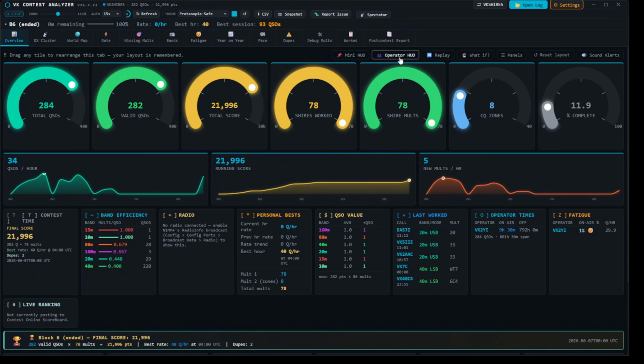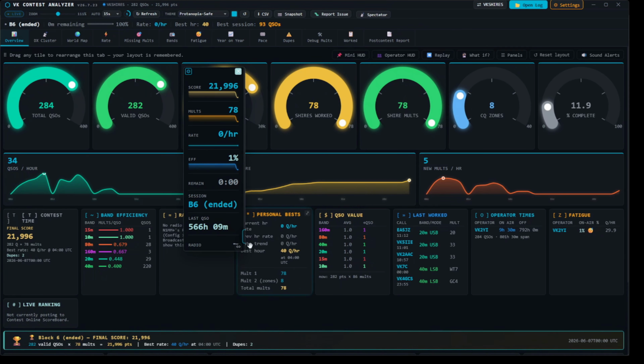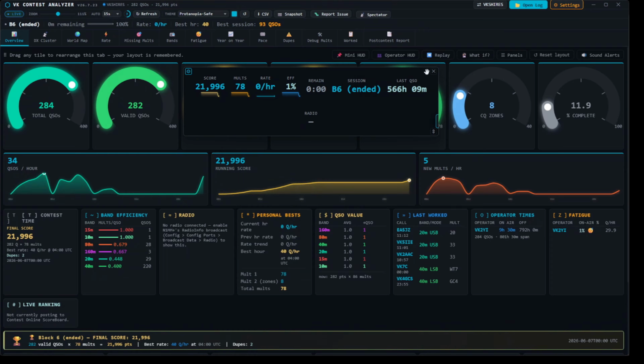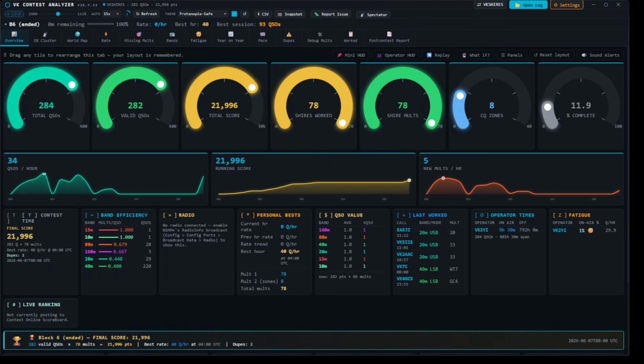Let's just go through the mini HUD. And you'll see here in the mini HUD, this is my score, my multis. So if I don't really want to look at all this, I can just have this. I can make this into a horizontal if I really wanted to. And then obviously the radio. I'll just switch on the radio, guys, just so you can have a look. And you'll see it report its frequency, hopefully, if I'm not mistaken. While that's cooking,